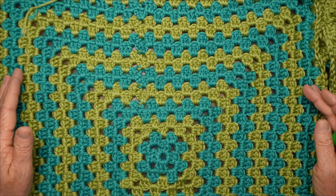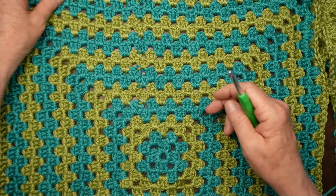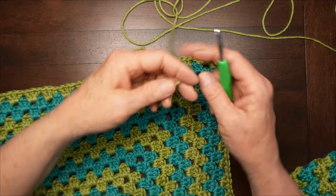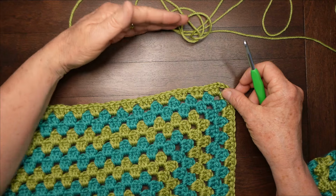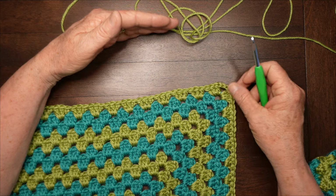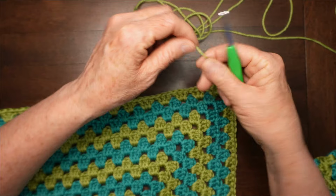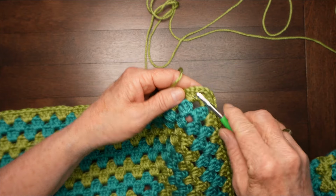Now, what if you need the bigger size? Well, we don't want the sleeve to be longer. We only want it to be 18 inches long. So to get a little more width for the larger sizes, what you're going to do is for the 1, 2, and 3 XL, add 4 more rows on 2 sides of the sleeve. So you end up with a sleeve that's about 22 inches wide. And for the largest size, you're going to add 6 more rows on each side to get a sleeve of about 24 inches wide. So just take your yarn and go into one corner